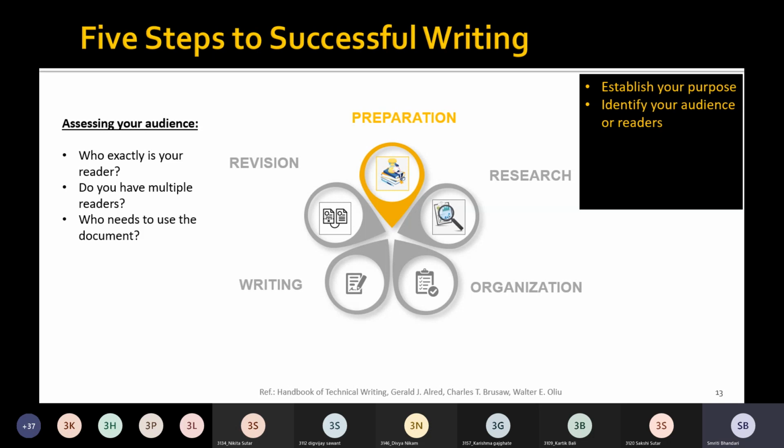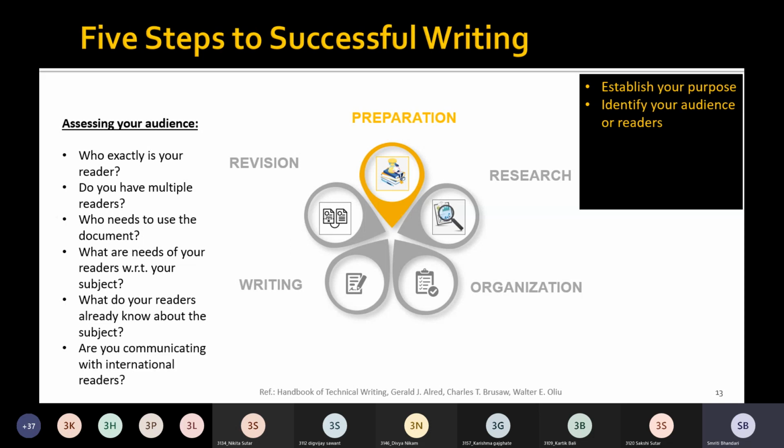Okay, now who needs readers with respect to your subject? What do your readers already know about the subject? What do your readers already know and what don't they know? Are you communicating with international readers?